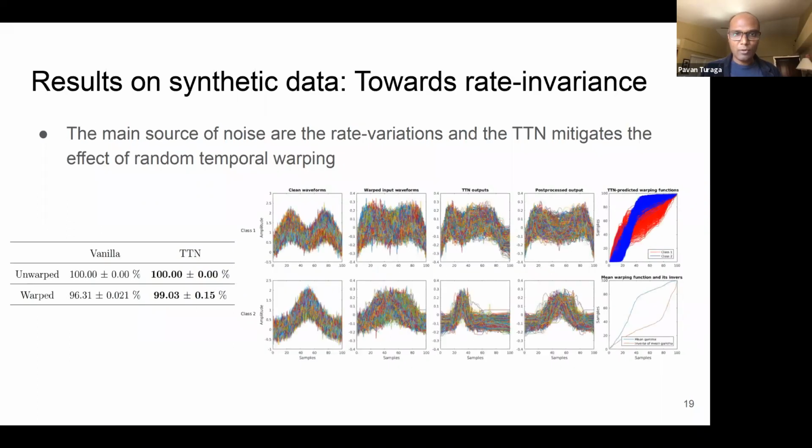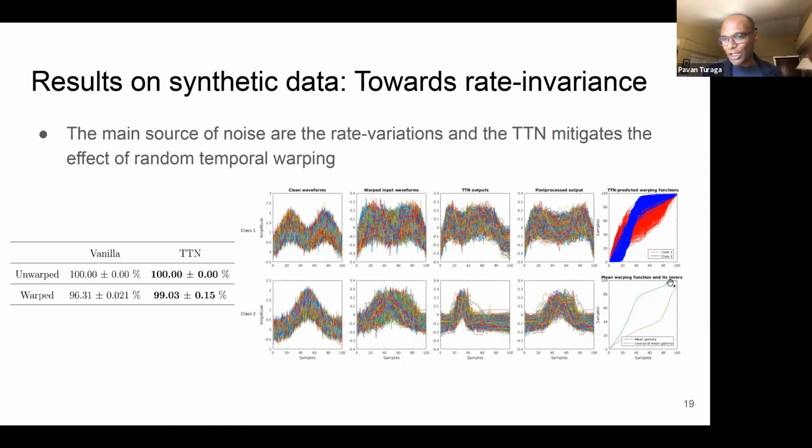This is going in a little more detail about the time warping problem. So again, data from two classes, one is M-shaped, one is bell-shaped. We synthetically add a lot of additive noise, and then we also add a lot of convolutional noise to create some variance within each class. And then the TTN outputs a different set of signals, which tend to maximally look different from each other. And here are the predicted warp functions. The blues and the reds are the warp functions that the TTN learns to apply to each of these classes.